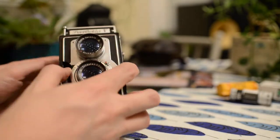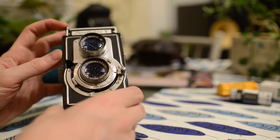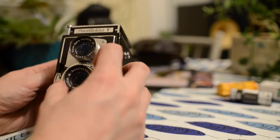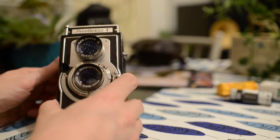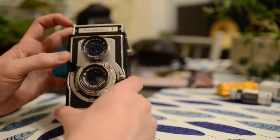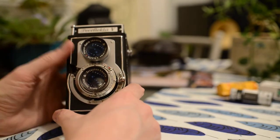Oh, sorry, I'm going to do that again. 1, 2. Try not to get your finger in the way if you're taking pictures there. Hopefully what you're going to hear, I didn't hear much of a sound there. I'm going to put it on 10 and just hear. So again, the community can maybe correct me if I'm missing something here. There, you hear that little zzz,